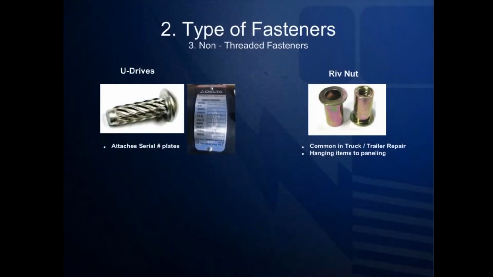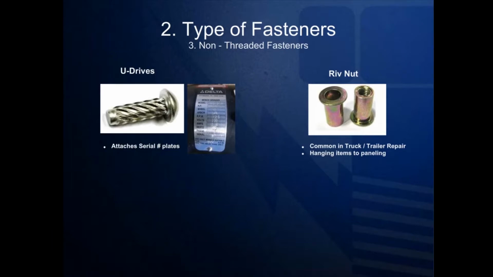Other non-threaded fasteners include U-drives, which are essentially tiny little screws that are hammered in holes. U-drives are most commonly used to hold serial number tags and ID tags onto equipment. A cousin to the rivet would most probably be the riv nut. Riv nuts, like rivets, require the use of a gun to assemble them into place. Truck repair facilities commonly use riv nuts on the panel walls of 18-wheeler trailers. Once a riv nut is inserted into the paneling, a bolt then can be used to hang or fasten something